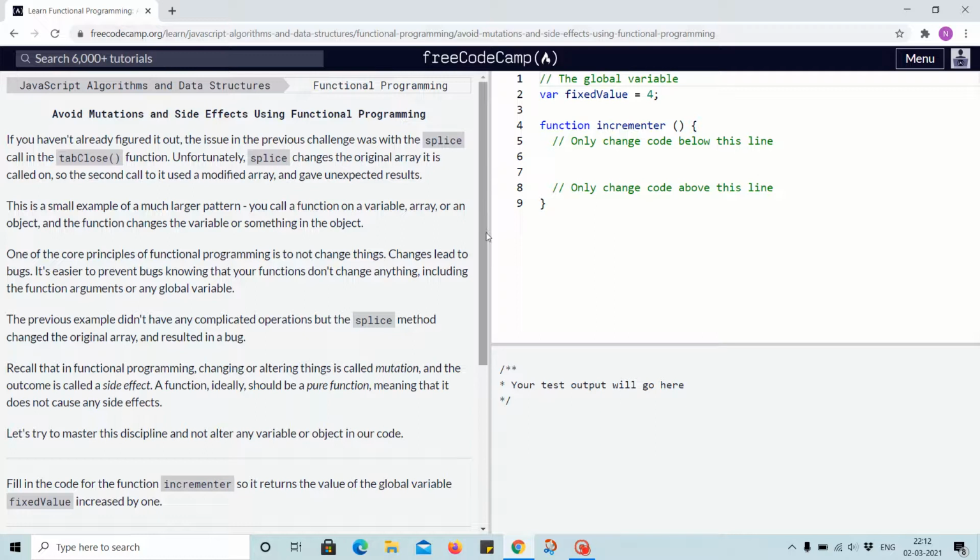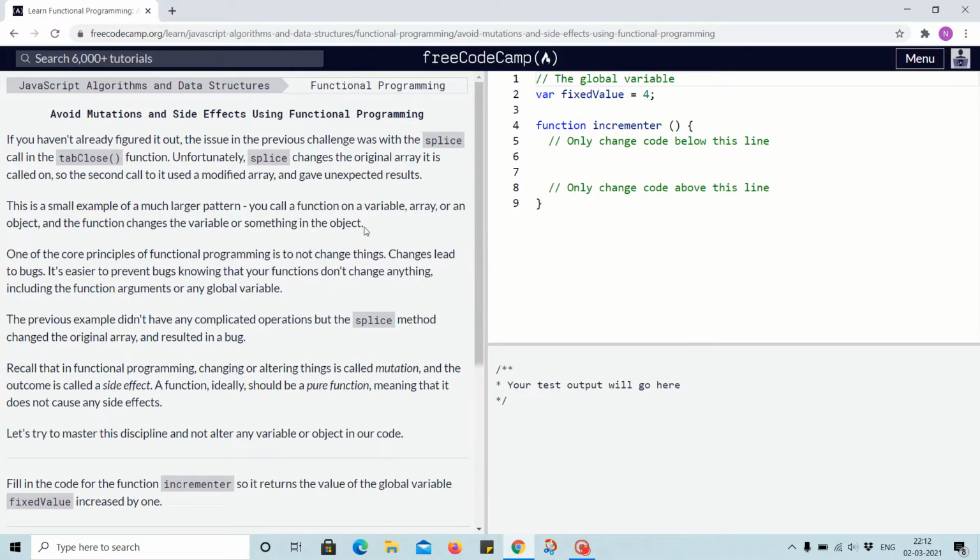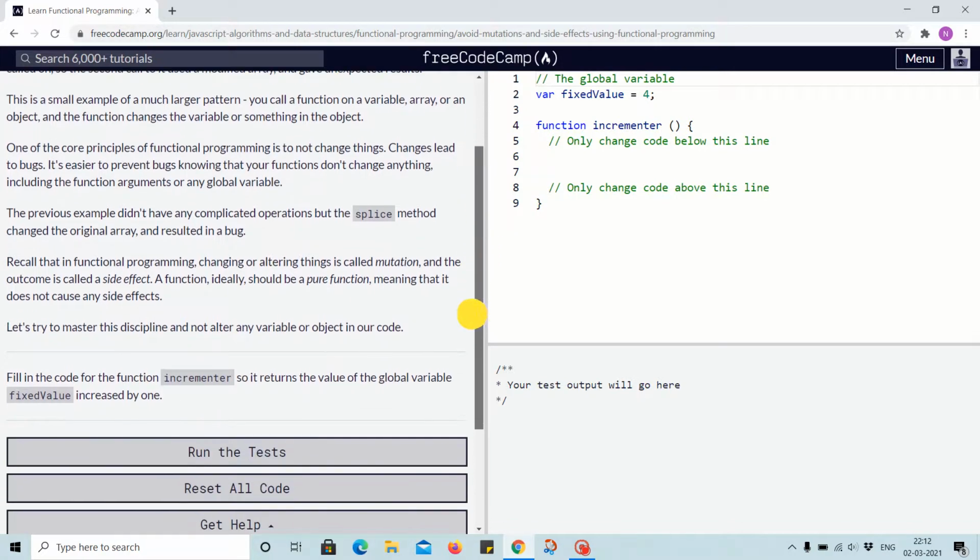This is a small example of a much larger pattern. You call a function on a variable, array, or an object, and the function changes the variable or something in the object. One of the core principles of functional programming is to not change things. Changes lead to bugs. It's easier to prevent bugs knowing that your function doesn't change anything, including the function arguments